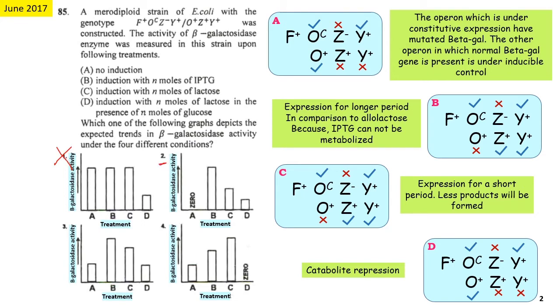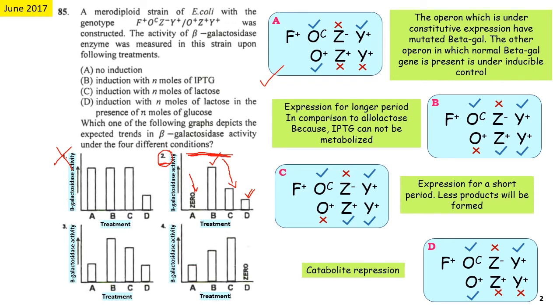Now coming to the second graph, according to the second graph, A option will have 0 beta galactosidase, so it is somewhat like what we discussed in A condition. B, C and D, all three will have beta galactosidase activity, but in case of B there will be more beta galactosidase activity in comparison to C. Okay, and in D also there is a small amount of beta galactosidase activity, but according to what we discussed, in D option there is no beta galactosidase expression. So somewhat these three options are according to what we have discussed, and so we will mark this second option and we will move on to other graphs.